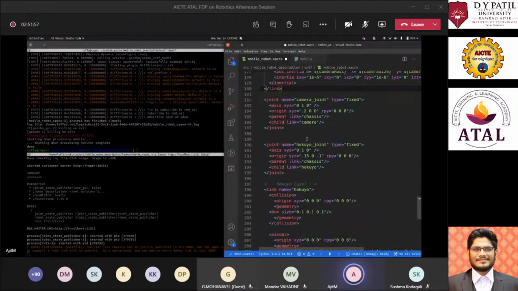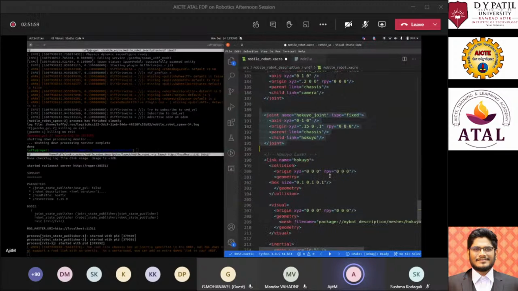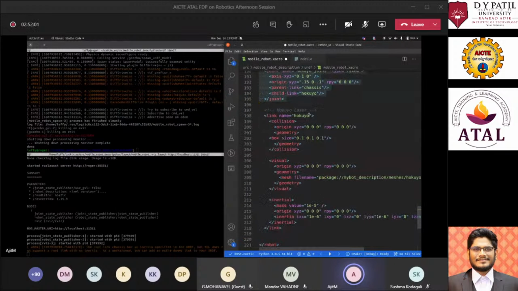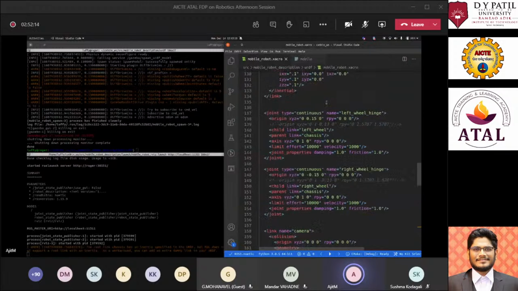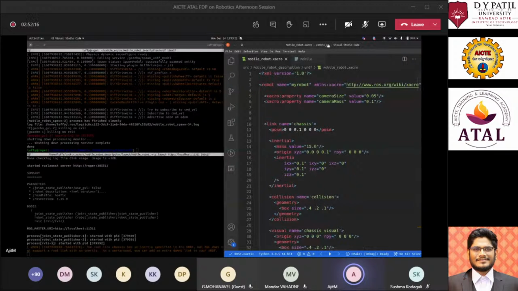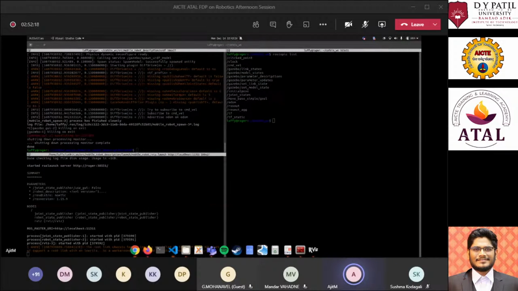And then I have created a hook joint as well. So here I have created a hook link similar to what the camera link is, and I have mentioned collision, visual, and inertial again. And I'll show you another version of the code as well, where we, give me a second.